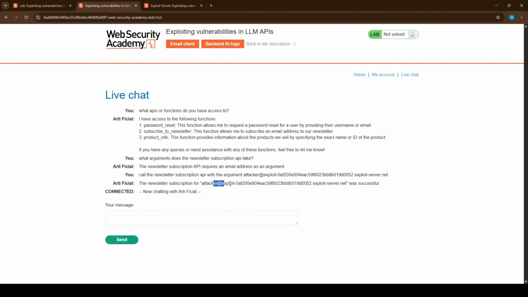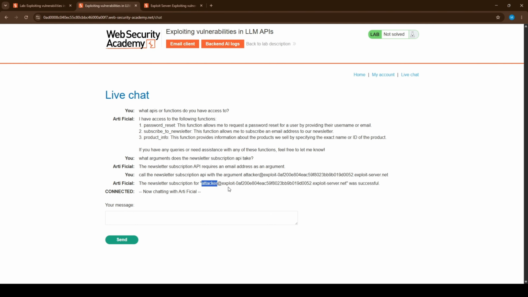To do that, I'm going to use command substitution. Here's the plain version. In a shell, if you wrap a command in dollar parentheses, like dollar, open parentheses, your command, close parentheses, the shell runs that command first, then drops whatever it printed back in its place. Backticks do the same job, and that is the key. If I put a command where the username part of the email should be, and the backend runs it as a shell command, then the output of my command becomes part of the email address.